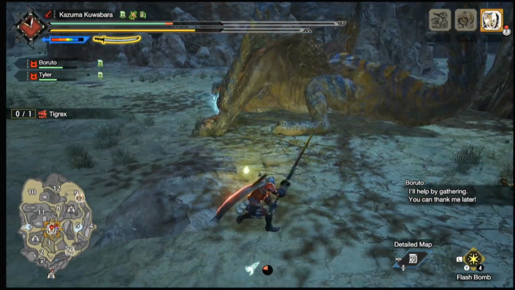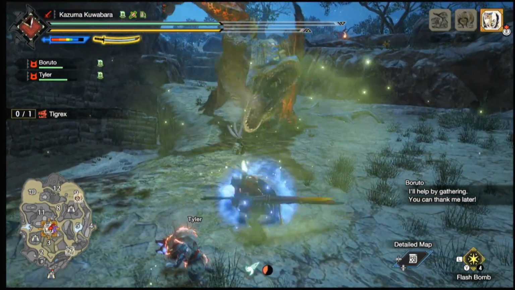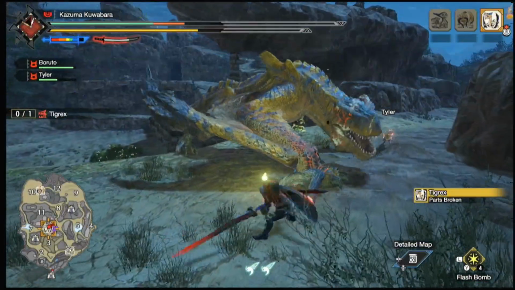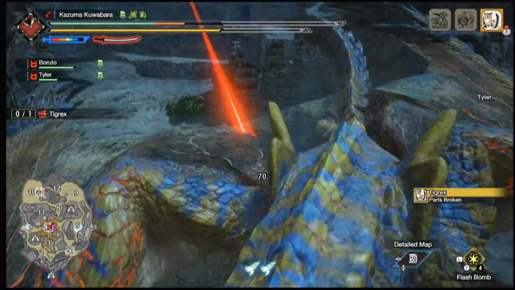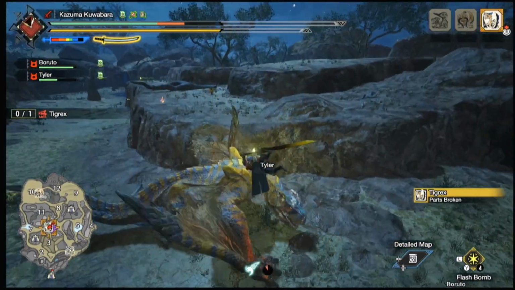Now, this scene right here would have been really cool if it weren't for the cliff right here and I fell down. Bloopers. For me, Tigrex is one of the best monsters to practice your longswords because it's really super